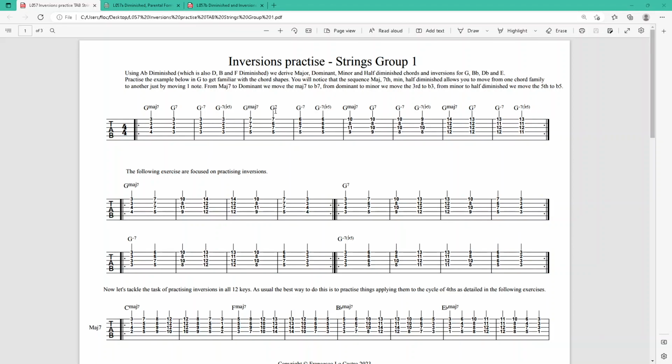And here you have an inversion of it. Same concept. Then the second inversion of it, third inversion of it. The next exercise here is focused on practicing inversions. So in other words, they're playing G major 7 and the inversions of it up and